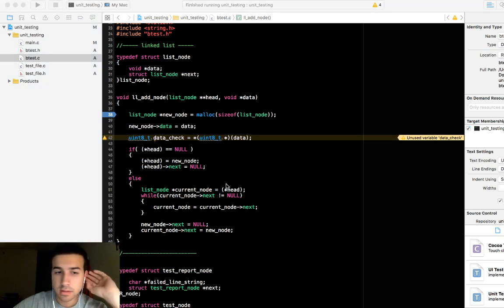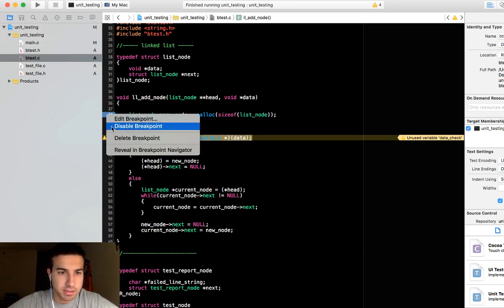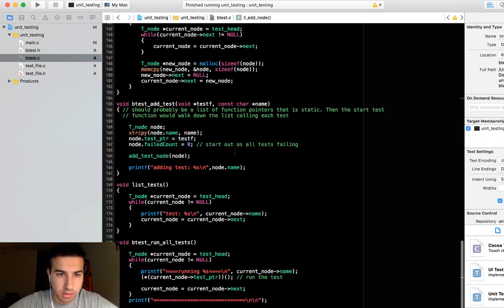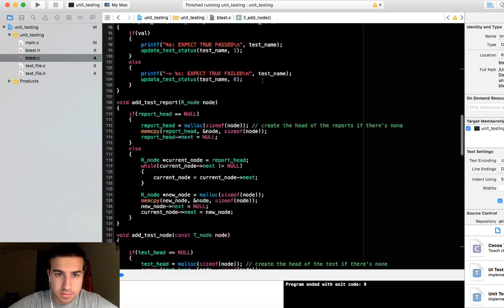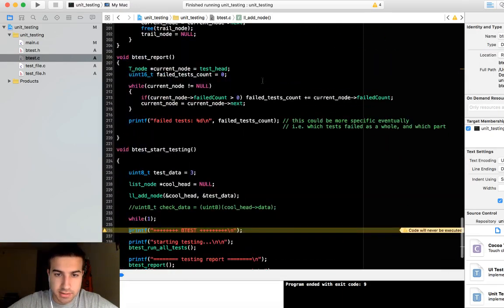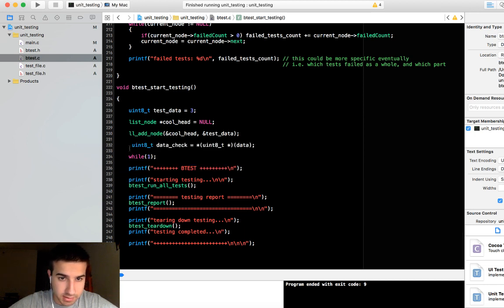Okay, so then let's make. So actually, I think that might have been working okay. Xcode is getting very buggy. Okay, so let's try this down here. And I want to do